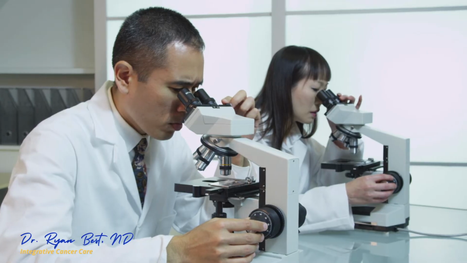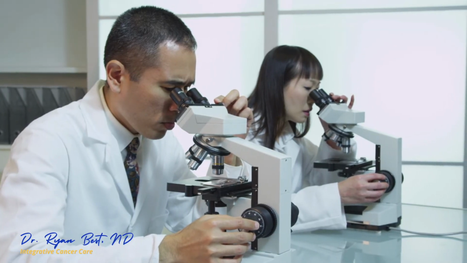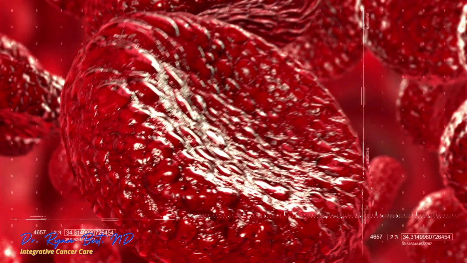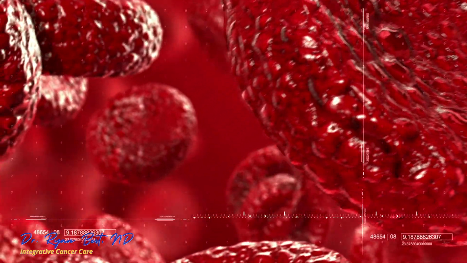So what we can do with that is we can detect those cells now with very accurate lab equipment that can extract them from a blood sample that we draw in the clinic. We send that off to a third-party lab, and they give us a count, a number for how many of these are present in a certain amount of milliliters of blood. And for most of the common cancers now, we actually have validated numbers where we can look at the level of those cells found in that sample,